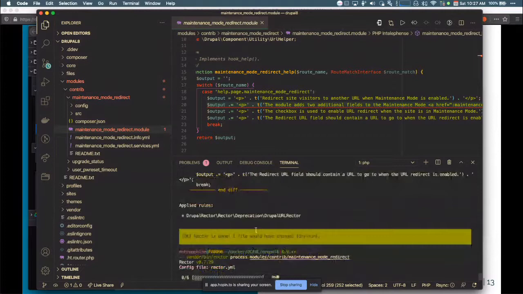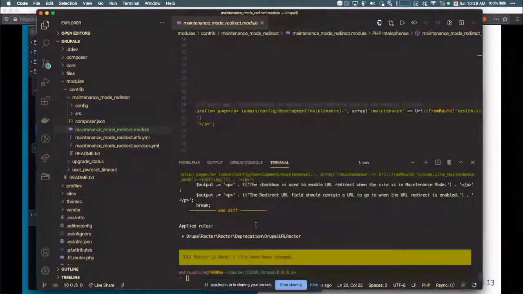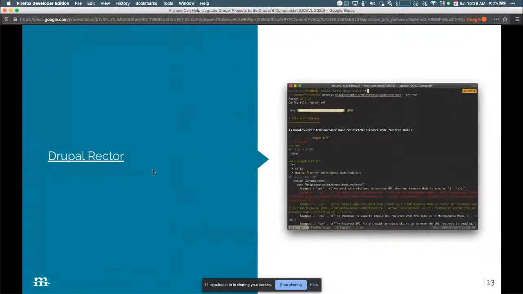I will say that Drupal Rector may not cover everything. They've been adding to the project to cover all of the deprecations. It's a work in progress. So it might be good to use upgrade status maybe as a start to know the full suite of issues, and then use something like Drupal Rector to help you fix them. But of course, you could replace these on your own too. It's just a lot of options to use.